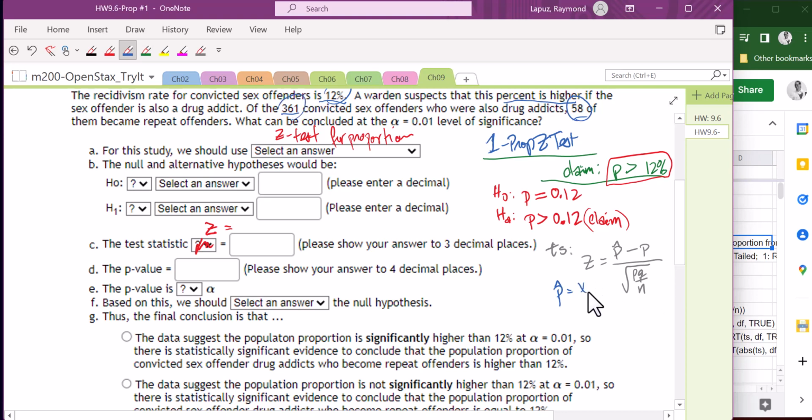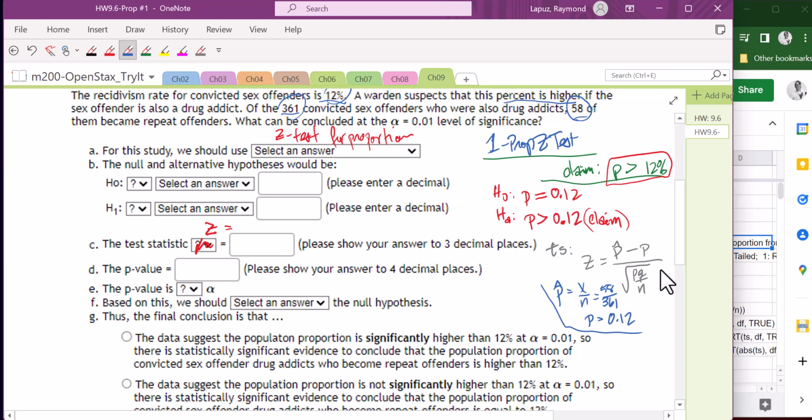So that's x over n, and that's 58 divided by 361 in our case. And our p is equal to 0.12. That is the value that comes from our null hypothesis. All right, so once we have those, we punch it into the calculator